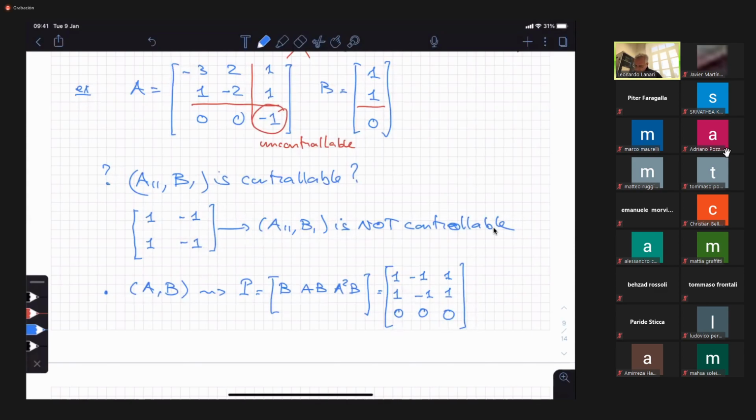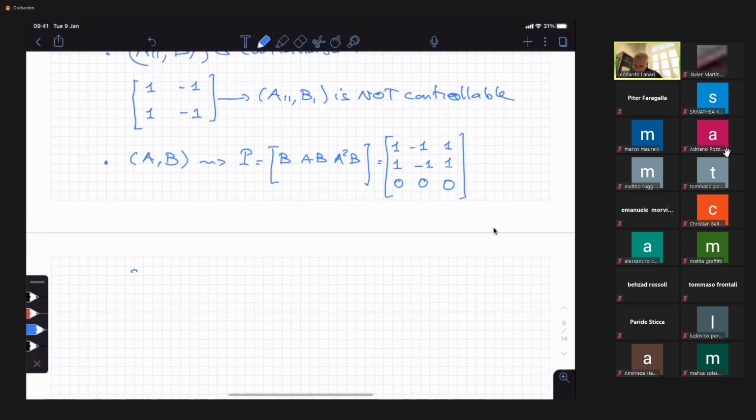So what is the rank of this matrix, the rank of P? We see that for sure it's not 3 because of the presence of this 0 row, but we see also that we cannot find any minor of order 2 which is non-singular. The best we can find is a minor of order 1 which is non-singular. So the rank is equal to 1, which means that if we compute the Kalman decomposition,